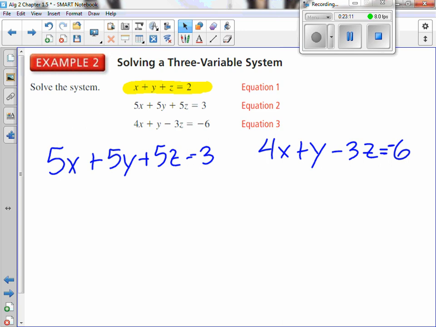One thing I'm going to warn y'all to be careful with is once you pick an equation to eliminate a variable out of the other two, it cannot be one that we eliminate a variable with. So if I use this top equation here to eliminate, well,